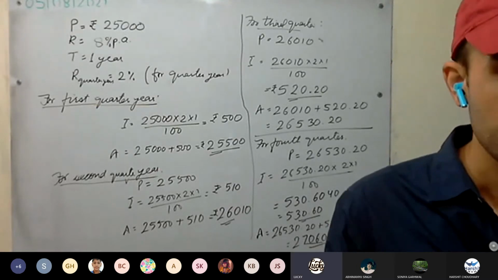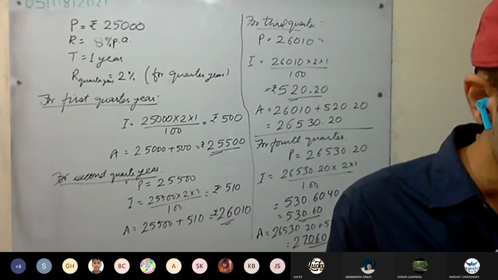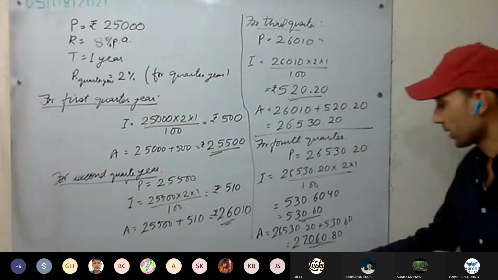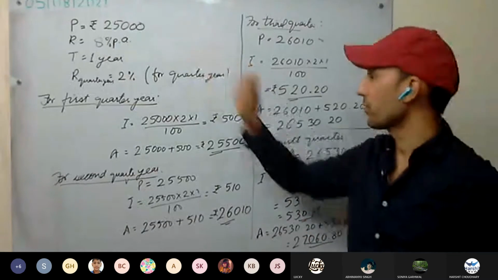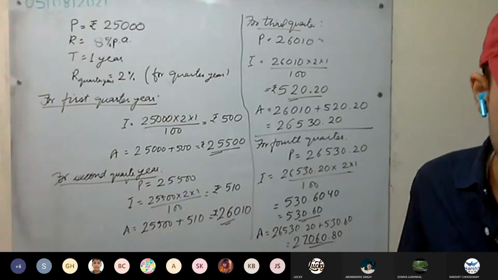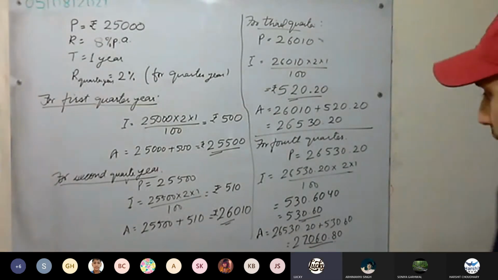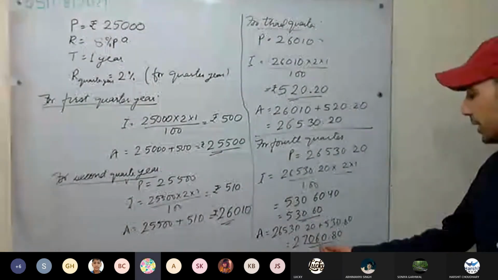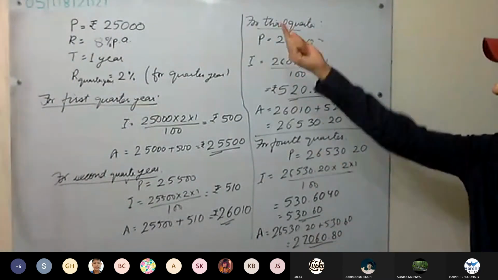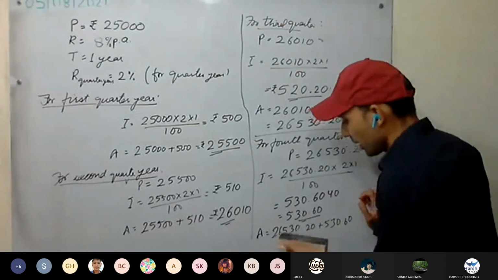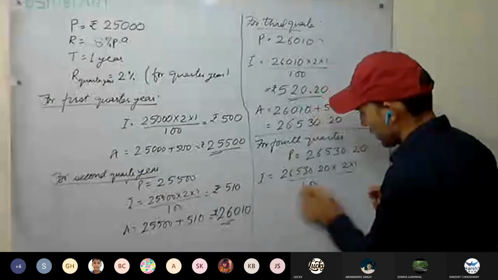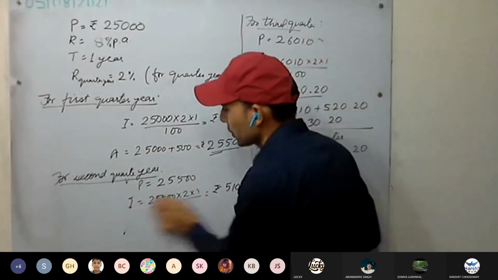Okay, the compound interest. See here, compound interest as well. Find the compound interest. How are you going to find the compound interest? From this amount, subtract 25,000. How much will it be? 2,060.80. Okay, from this we subtract 25,000. That you can do as homework as well. Read the next question.